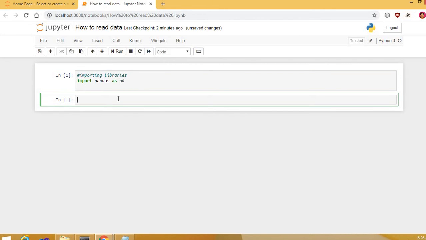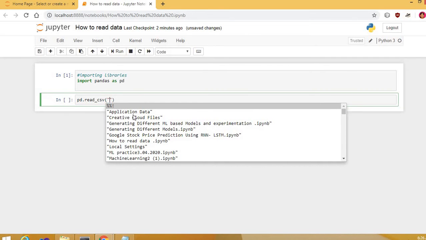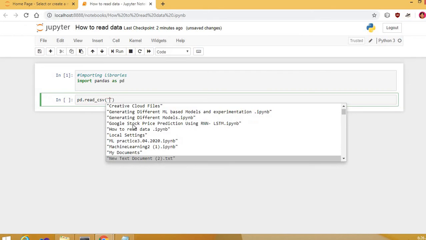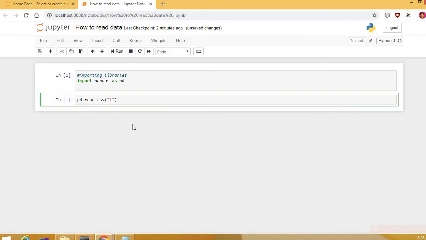In pandas, what we are using is data frames. Now what are data frames? If you want to read something into a data frame, we use pd.read_csv. We put the brackets, and inside that we press tab. Here you can see the various options suggesting which files to import. I'll import the iris data sample.csv.